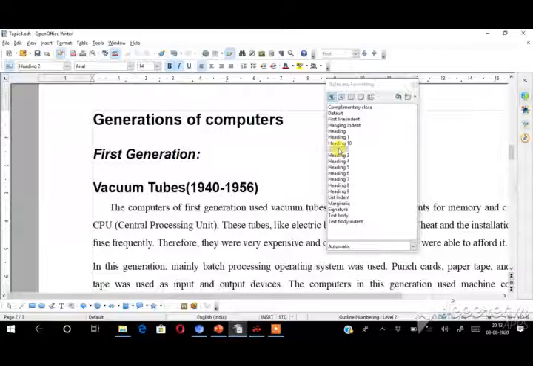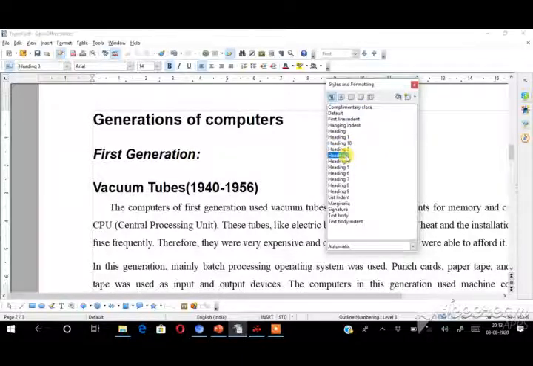And then here we have the technology used subheading, so this is in heading 3 style. I have done all the generation technology used in heading 3 style. Here we prepared the 3 headings: heading 1, heading 2 and heading 3.